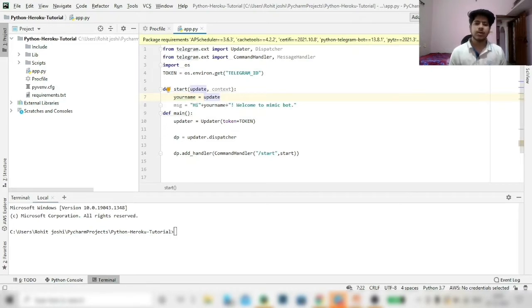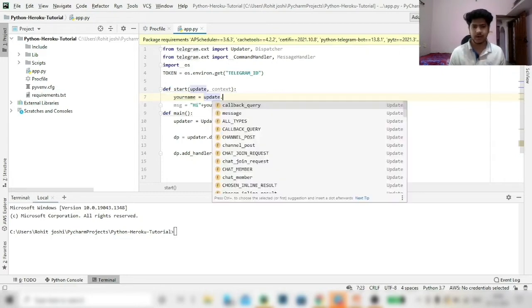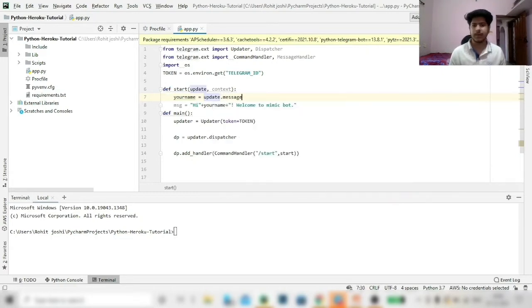This will give you the complete details: what your message is, and details about you, like your first name, username, or your chat ID. Chat ID is basically a unique ID given by Telegram to you. It does not vary, it's fixed. So we can get all those details from this update. How can we get this? update.message.chat.id. This is basically the chat ID.